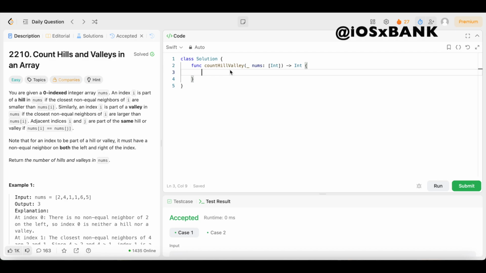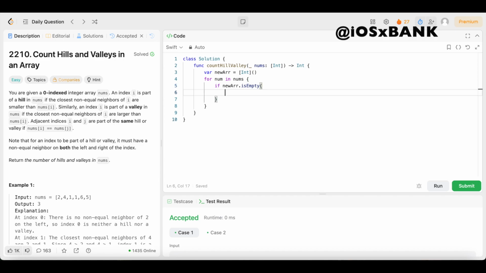First thing we're going to do, we're just going to declare a variable. We're going to call it newR, and we're just going to set that equal to an array of integers and put the parentheses like that. Then we're going to remove the consecutive duplicates from the input array. So we're going to say for num in nums, we're going to open up the bracket, and we're going to say if newR.isEmpty,